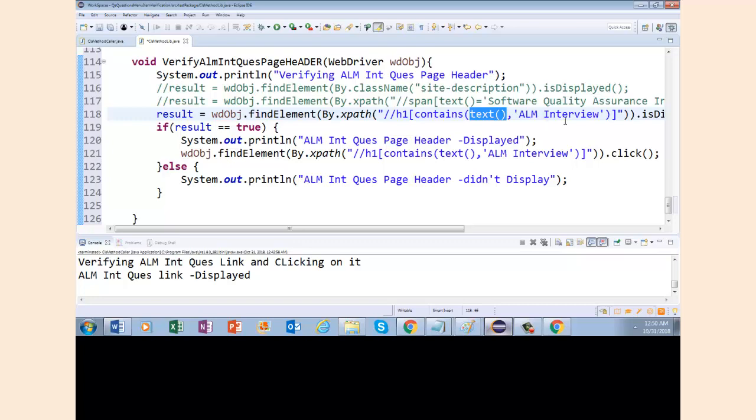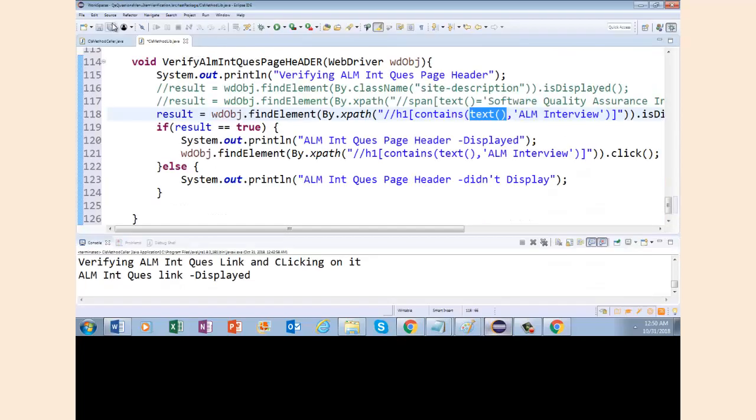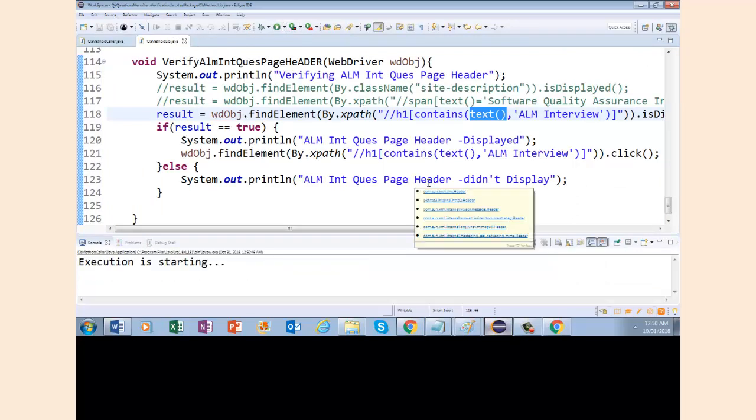I do not know this part, I say that it will be changing, right? In this case you are going to use contents. I know that this one will remain fixed, so I have used that one to identify the object. Now if you execute it,